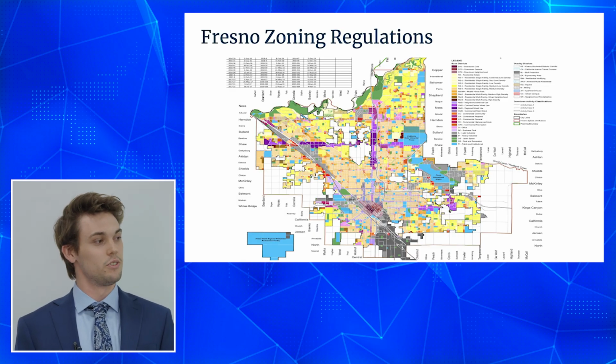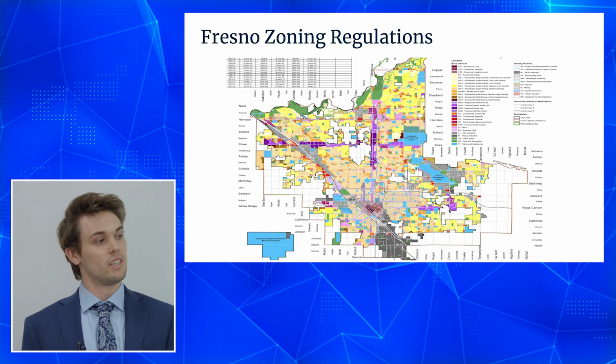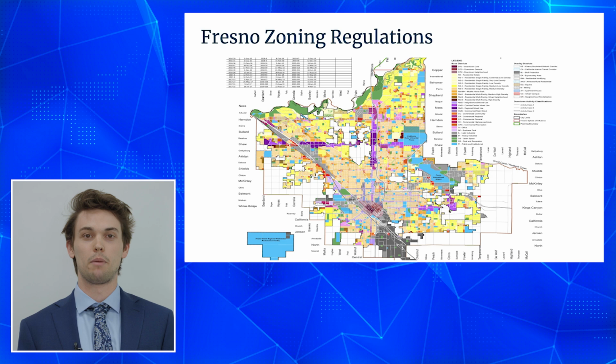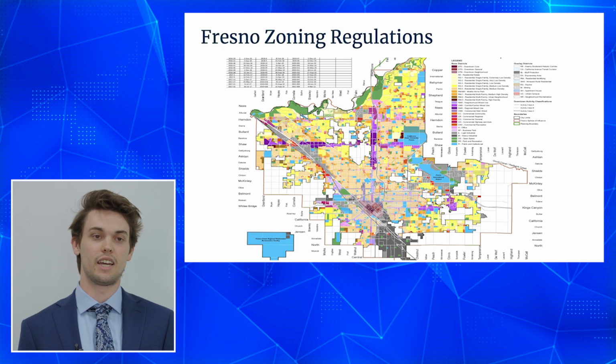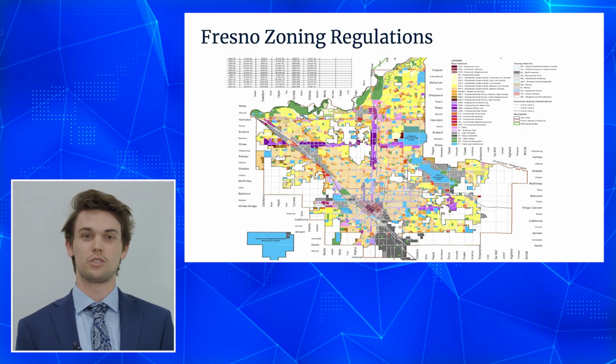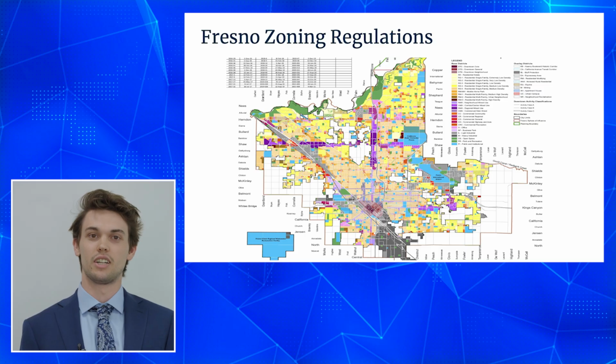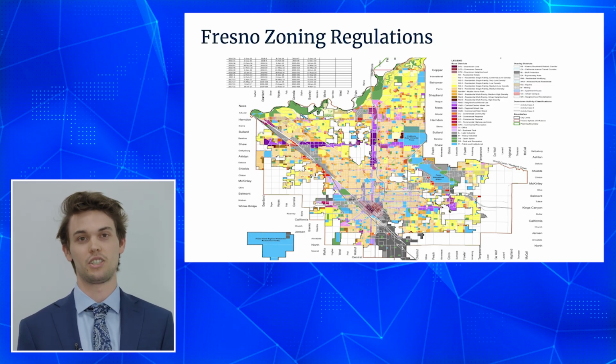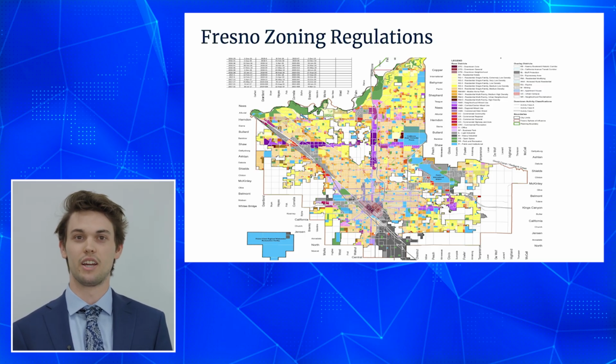Here you see the Fresno zoning map. It's similar to New York, where it's color coordinated based off of the zones that are in it. To find it, you'll look up Fresno zoning map and then go to the result titled GIS and Mapping on the Fresno government website. From there, you can go to the Fresno zoning comparison map. Similar to New York, you'll be able to scroll around or type in the address of the location that you're looking at to see what type of area it is zoned for.